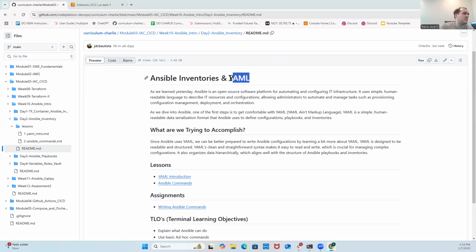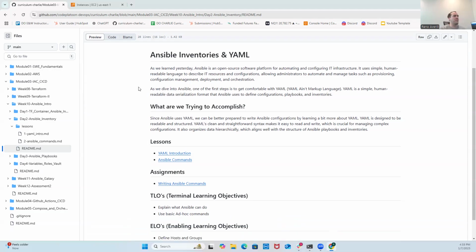Yep. You'll see YAML files across the board, pretty much any company you go to. It's a very common file format, and it's used quite a bit. So today we'll be teaching about that, and I think you guys did a little bit of inventories Monday, was